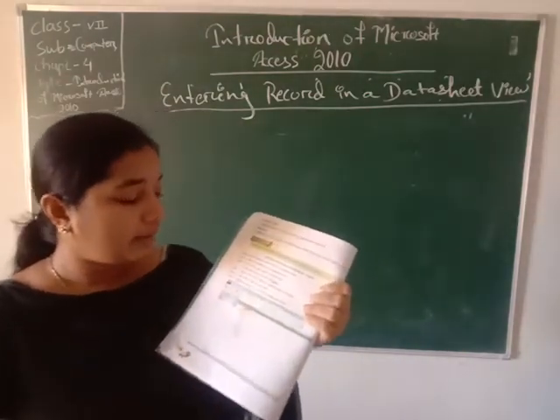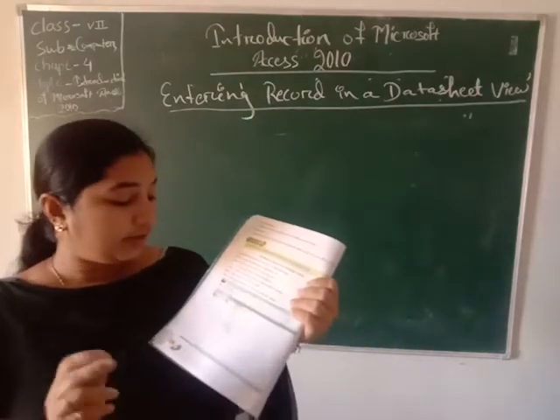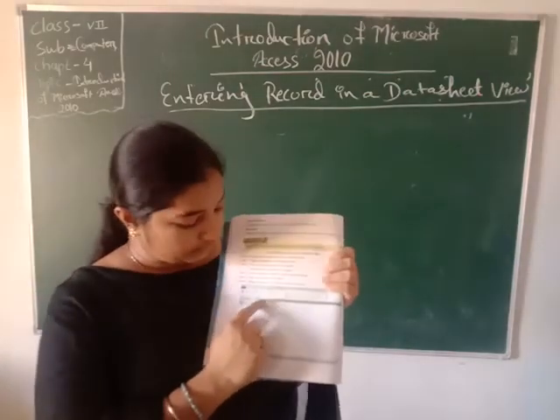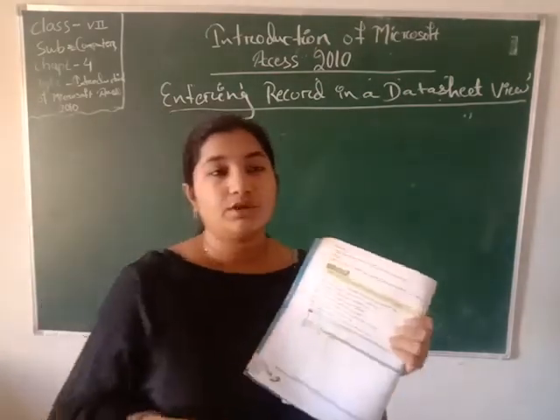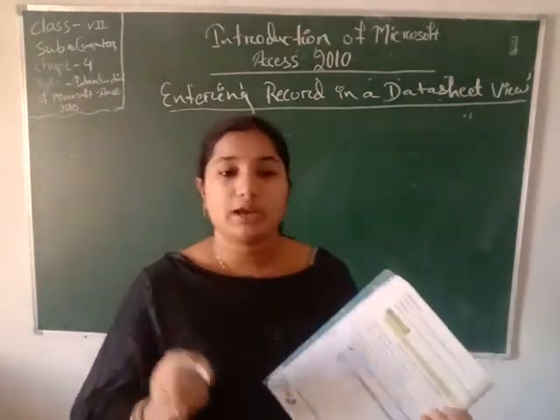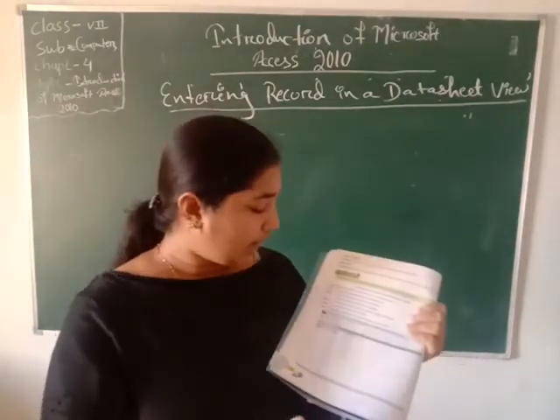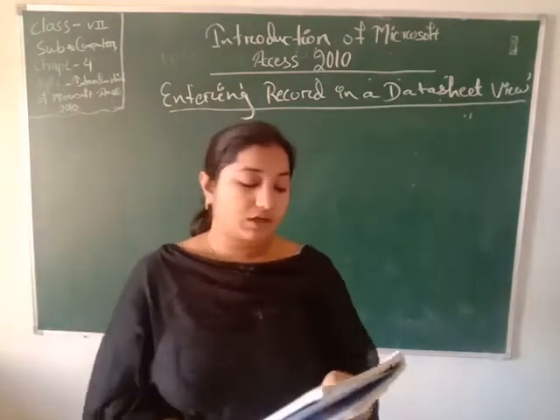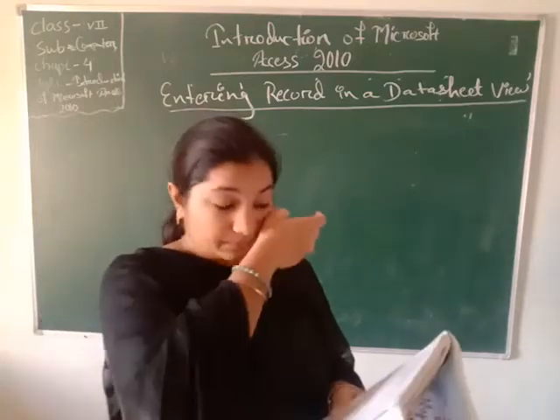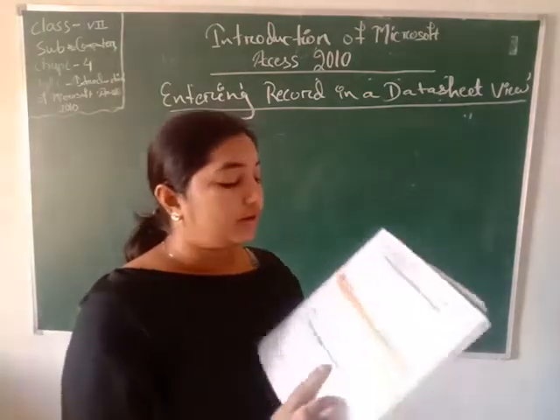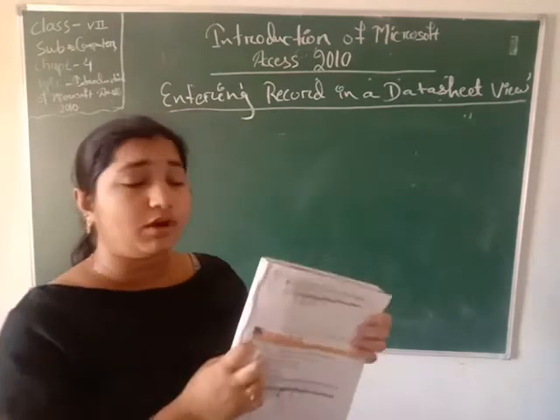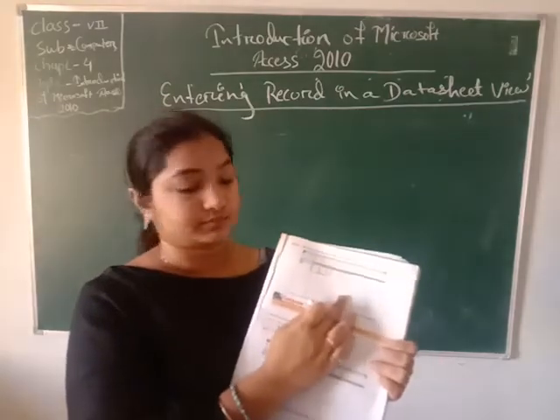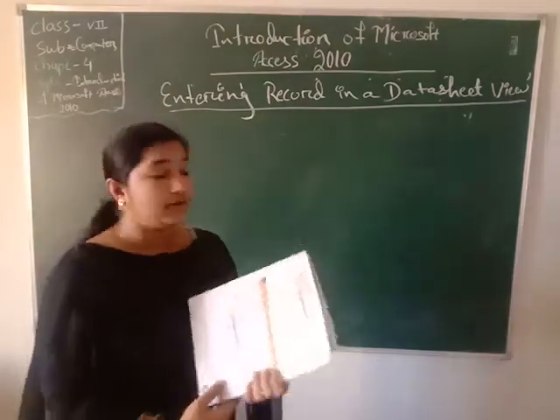Now enter the name of the field and repeat steps 2 to 4 till the fields are named. Means here we have to rename the table name, which table we want to create. First we have to give the name. After that again we have to do the same things, means how many tables we want. Next, now enter the required data in all the fields. Now we have to give all the required data in the fields, and the table becomes like this. So this is all about entering record in dataset view.